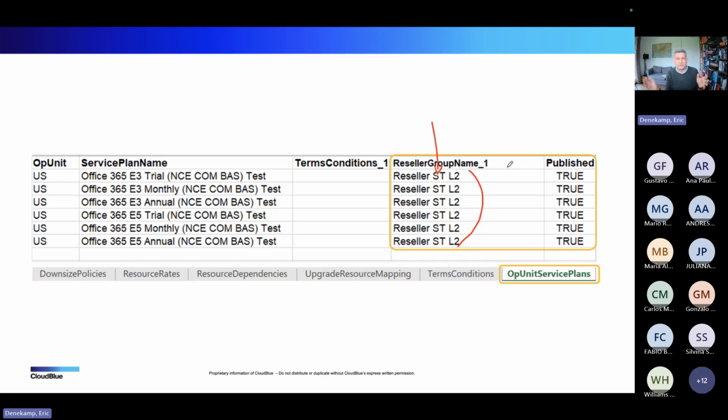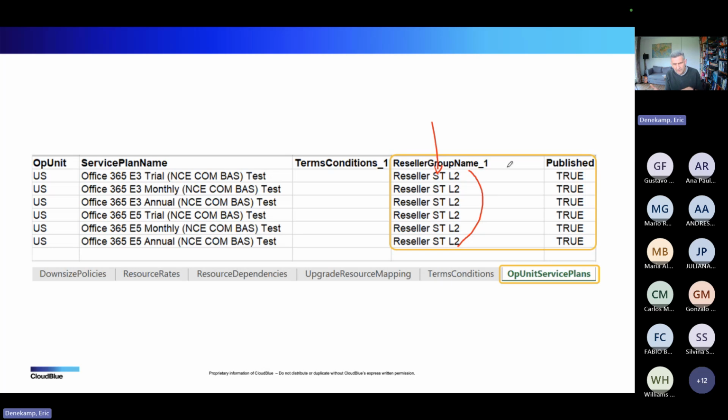This plan has to go there, there, and there. At that point, you import it, and the whole new product has been not only set up at provider level, but also has been delegated to all the operating units that are required. They're all delegated to competing resellers, and maybe even to level 2 resellers that are under your operating unit, making life a lot easier, making it a very powerful tool.